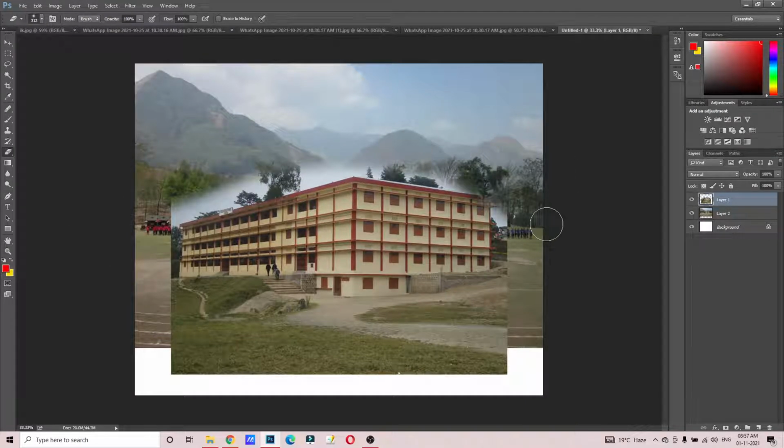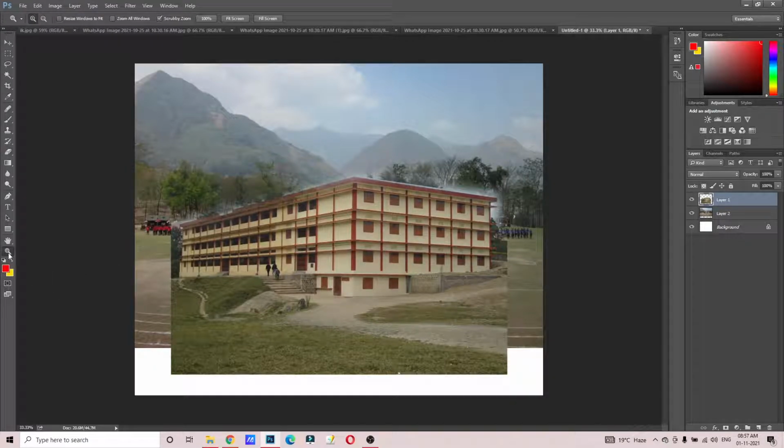Okay, now suppose by mistake I have erased this part, so I can just press Ctrl Z and it will go to the previous one. So this is what I was talking about, that we'll do a rough one. See, now I have done it roughly. It took me only hardly 10 to 15 seconds,